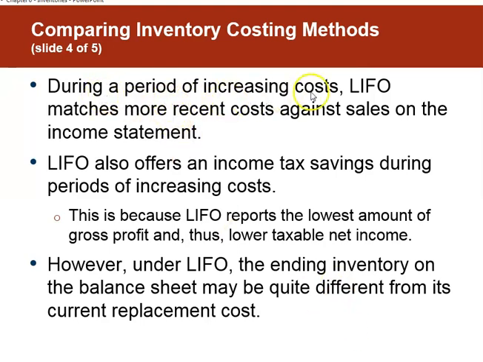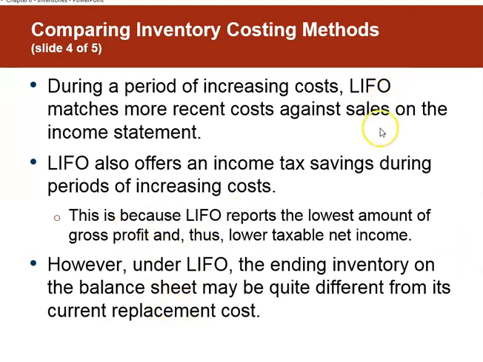It says during a period of increasing costs, LIFO matches more recent costs against sales on the income statement. And for that same reason, LIFO also offers an income tax savings during periods of increasing costs. If prices go down, it offers an income tax disadvantage. Okay,